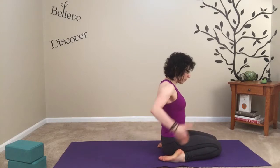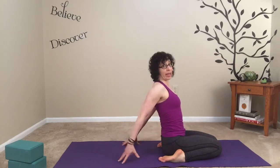So taking your hands, it just depends on if you can reach the ground behind you, because if you're sitting on a couple of blocks, you may not. So bringing energy up, bringing energy in toward the midline. Don't let the knees wag out to the sides. They're going to want to. Maybe take your hands back behind, if that feels okay, feel stable, lift the seat, tuck the tail,